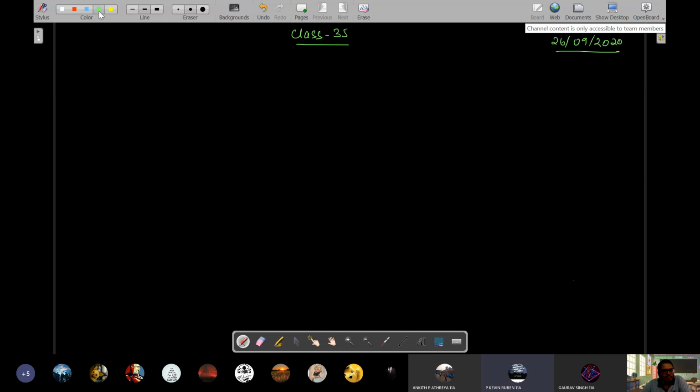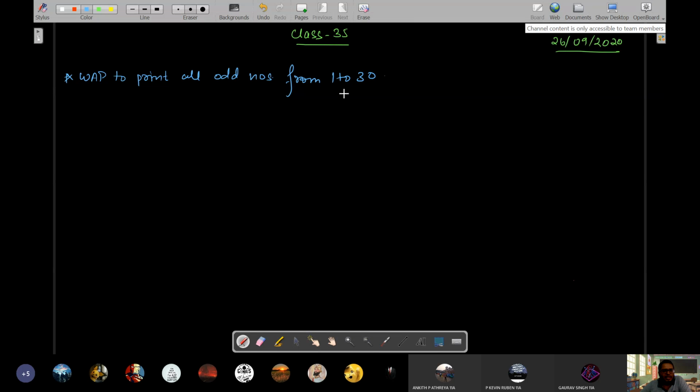I'll just write once briefly the program. Okay, so that program was: write a program to print all the odd numbers from 1 to 30. If I am saying 1 to 30, the last odd number will be 29.